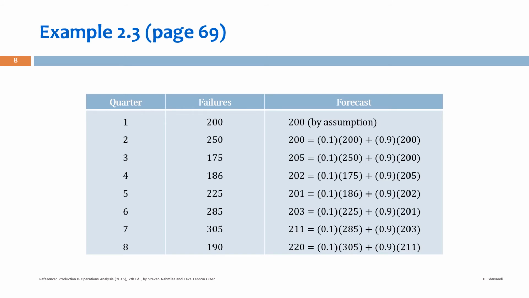So let's have an example here. Let's have the equation for exponential smoothing: F_t equals alpha times D_(t-1) plus (1 minus alpha) times F_(t-1). Here we assume that alpha equals 0.1. If you want to start from the first period, what will be F_(t-1)? Here we assume that for the first period, the value of the forecast is the